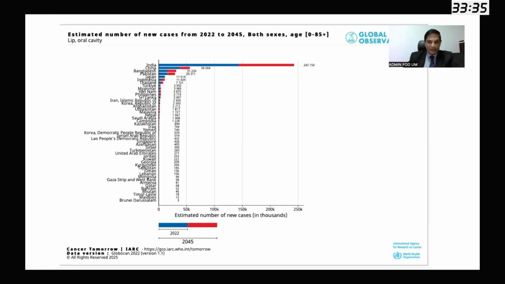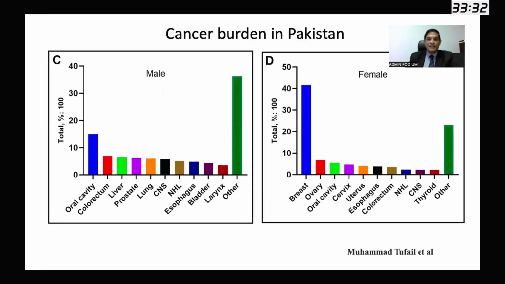not only clinically but even the pathology. Now, when you look at the cancer burden in Pakistan, I got this graph from the Muhammad et al. publication. And you can see in males, oral cancer is by far the commonest cancer compared to other cancers. And in females, still, it is high up. The third-ranked cancer, according to some studies; it is the second-ranked cancer, even in females in Pakistan. So again, I reiterate that because of the commonality of oral cancer in this part of the world, we should be aware of all aspects of oral cancer.